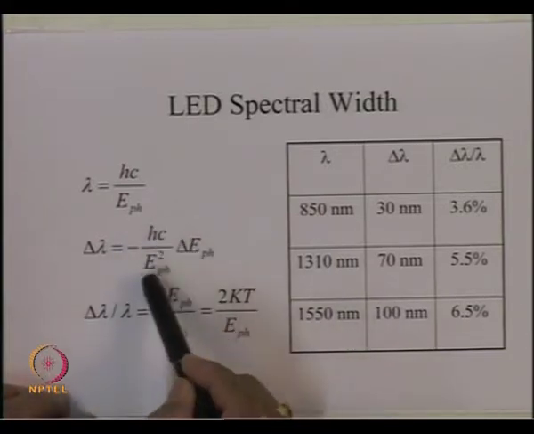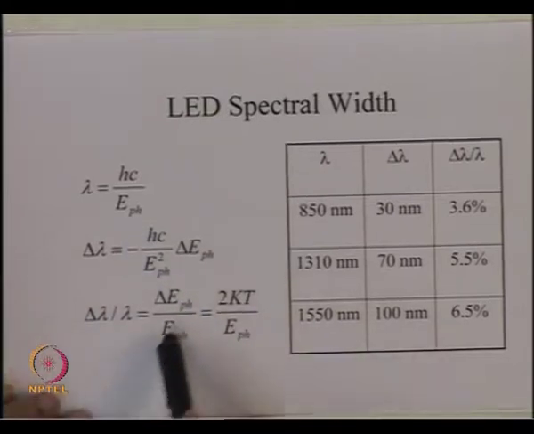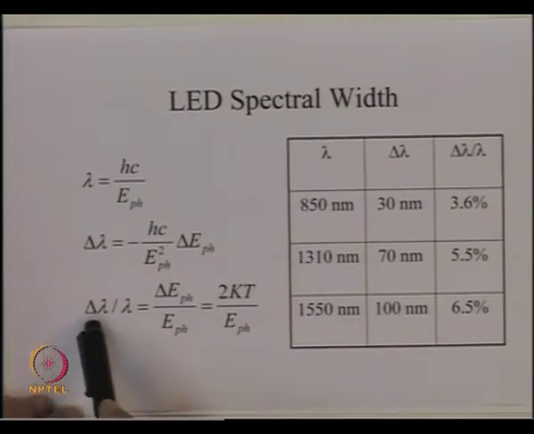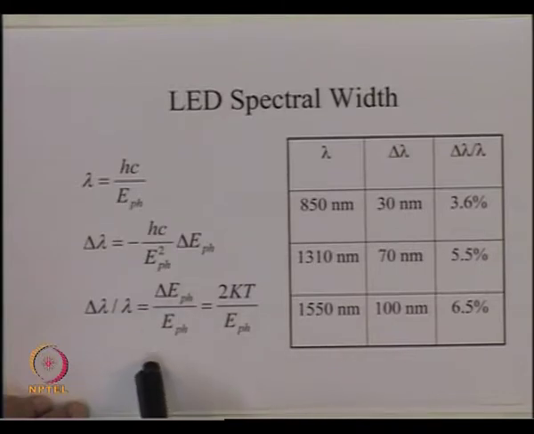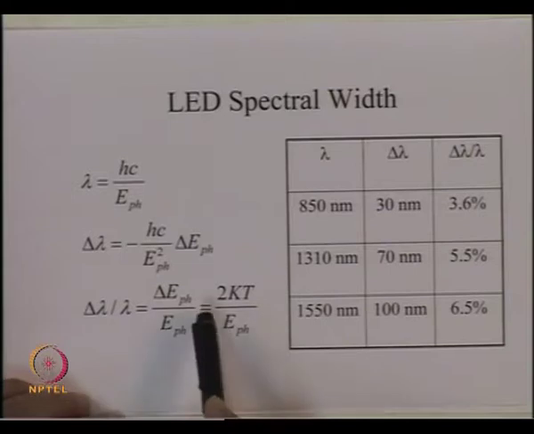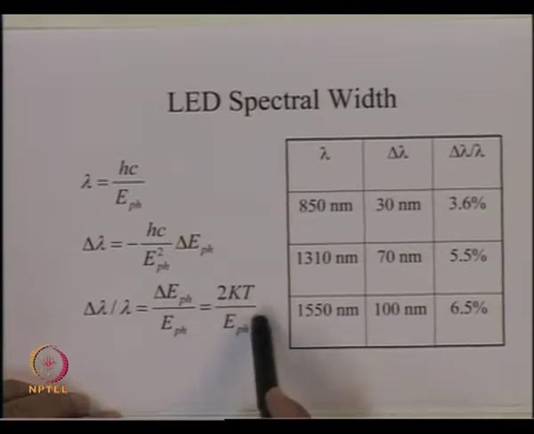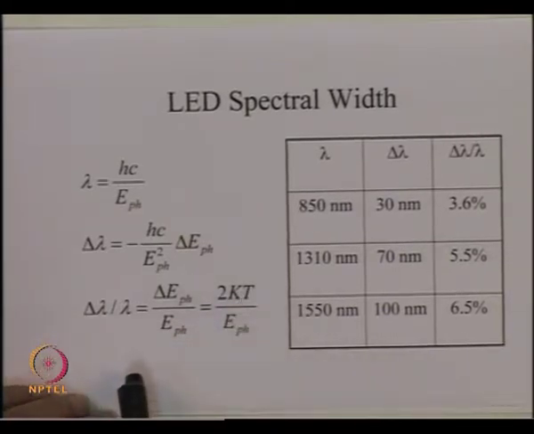We can take hc upon E_ph, which is nothing but lambda. So, we can take this quantity lambda and bring it down. So, you get delta lambda upon lambda, the relative spectral width for the source, that is delta E_ph divided by E_ph. Now, delta E_ph, as we saw, is approximately 2 kT, and this is the photon energy. If you substitute that, then you get now the relative spectral width of a source,